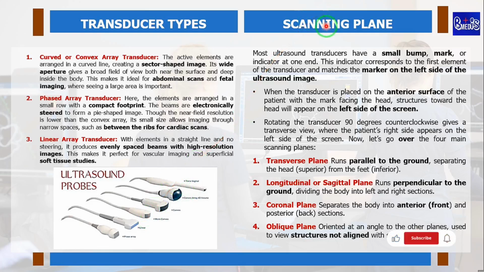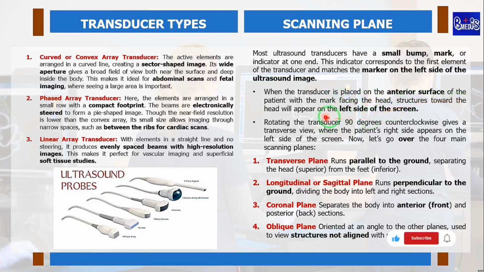Then scanning plane, very important. When imaging with the ultrasound devices, we deal with different scanning planes. Most ultrasound transducers have a small bump or mark or indicator at one end. This indicator corresponds to the first element of the transducer and matches the marker on the left side of the ultrasound image. When the transducer is placed on the anterior surface of the patient with the mark facing the head,